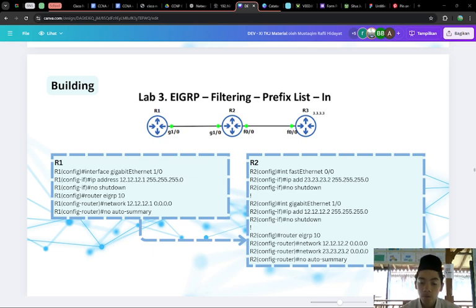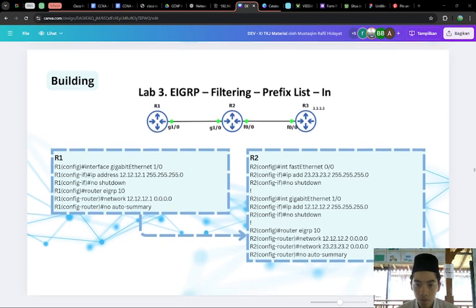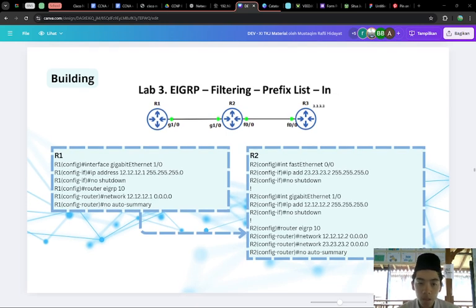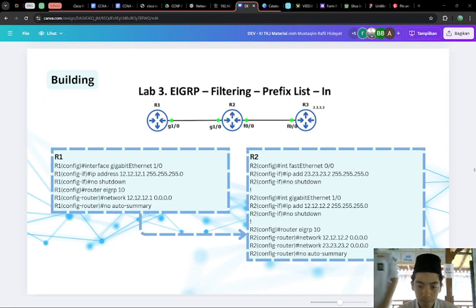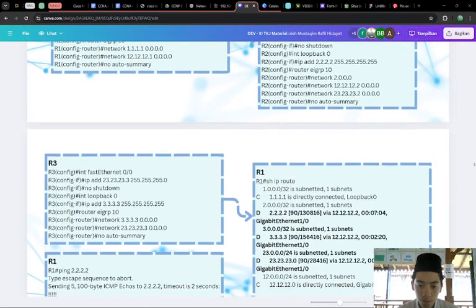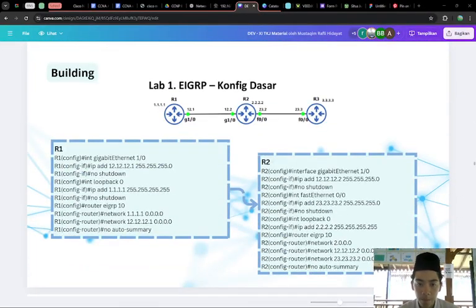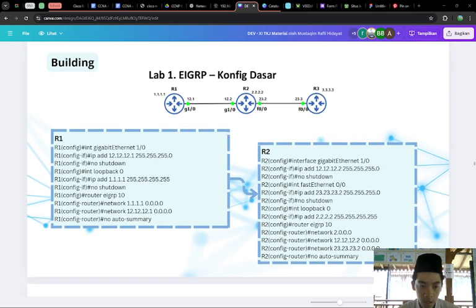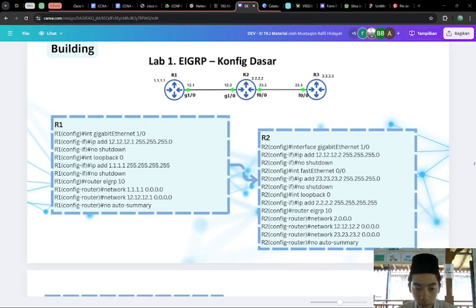So today I'm going to talk to you about video tutorial 3, which is about EIGRP filtering prefix list in. Before this, I'm continuing the configuration. In tutorial 2, I explained the EIGRP basic configuration, that is, you can install the IP address and then you can add the